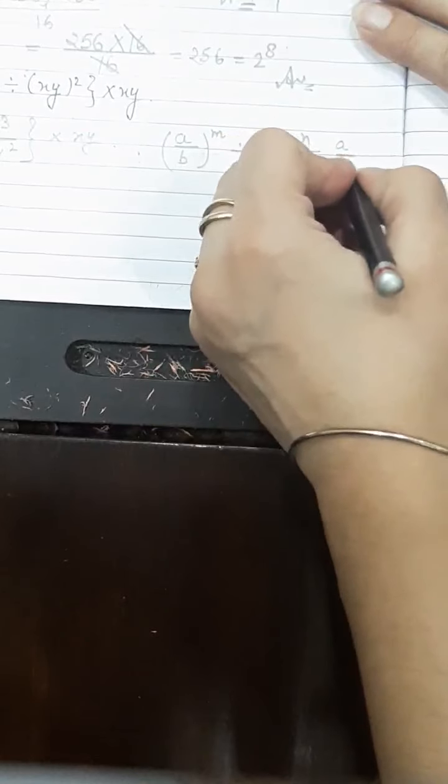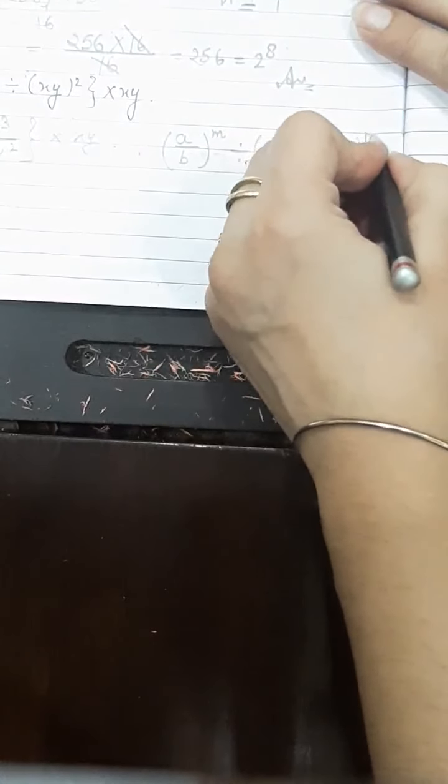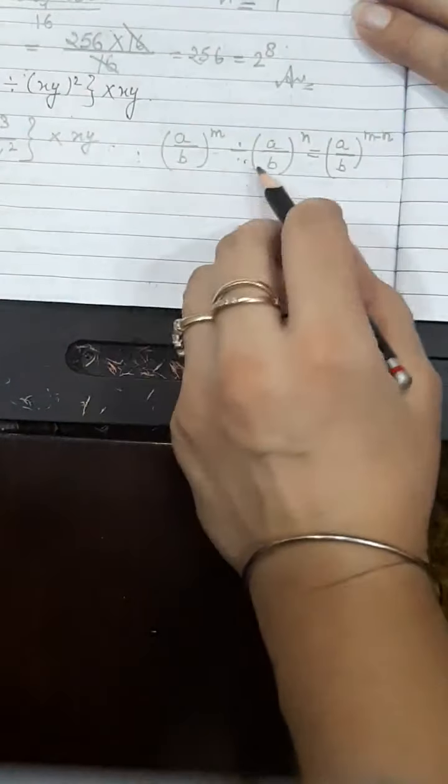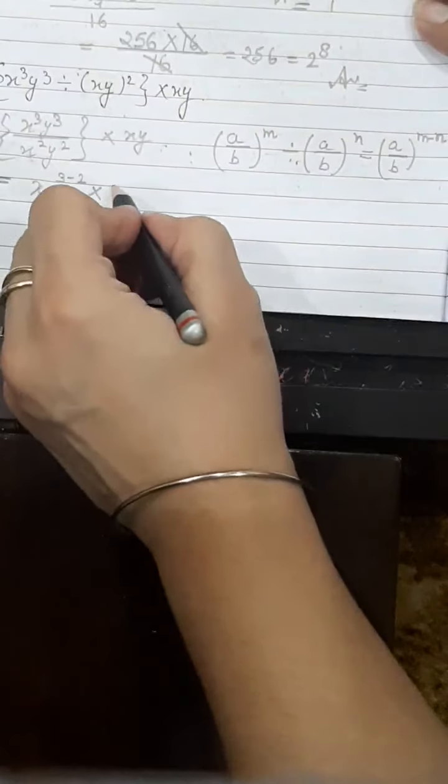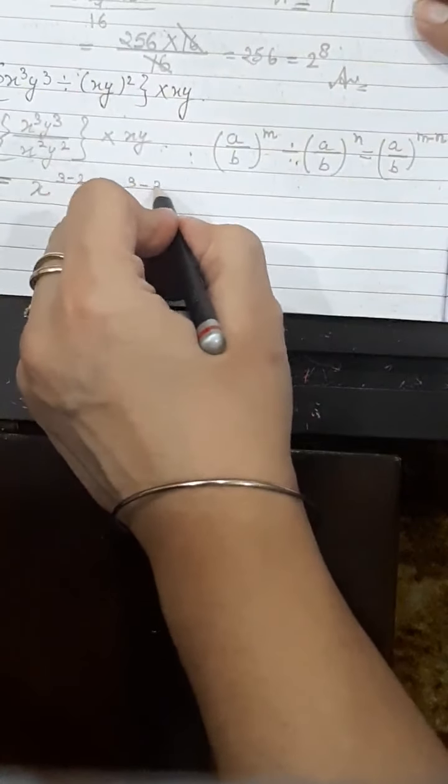then you have to subtract the powers. You will write a upon b to the power m minus n, where m is greater than n. And here you can see m is greater than n. 3 is greater than 2. Right? So what you will write? X to the power 3 minus 2. Similarly, y cube upon y square. Same. You will write y to the power 3 minus 2